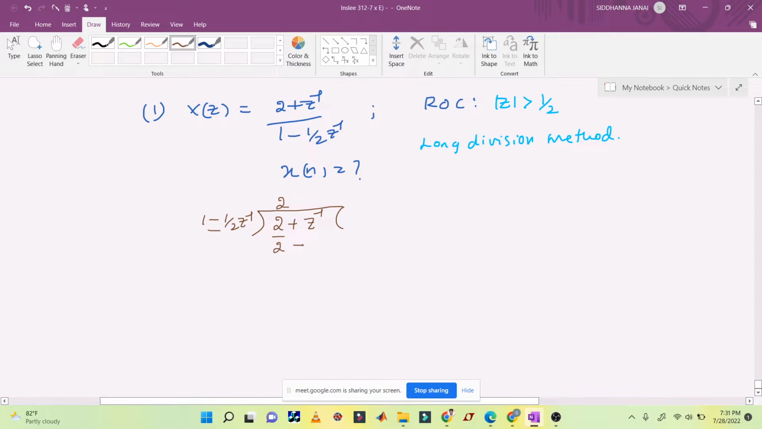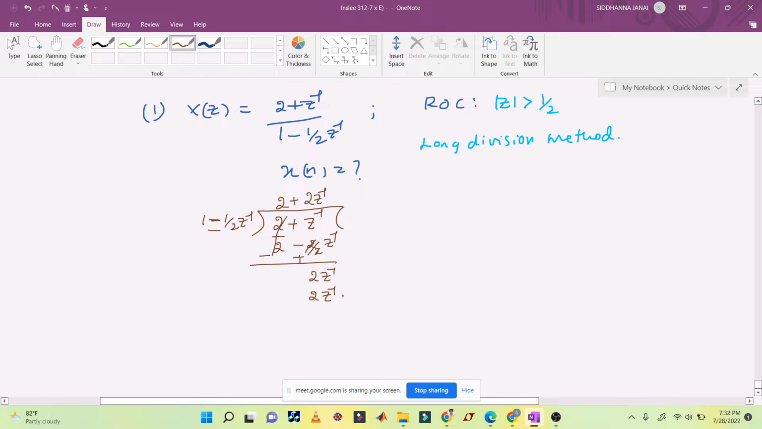2 minus 2 by 2 z inverse. So we'll subtract these two values, minus here plus here. So this will cancel out, whereas this one is 2 by 2 is 1, z inverse plus z inverse is 2 z inverse. Okay, now to cancel out this again, 1 into 2 z inverse, so I will write as 2 z inverse, but because of this minus 1 by 2 into 2 z inverse